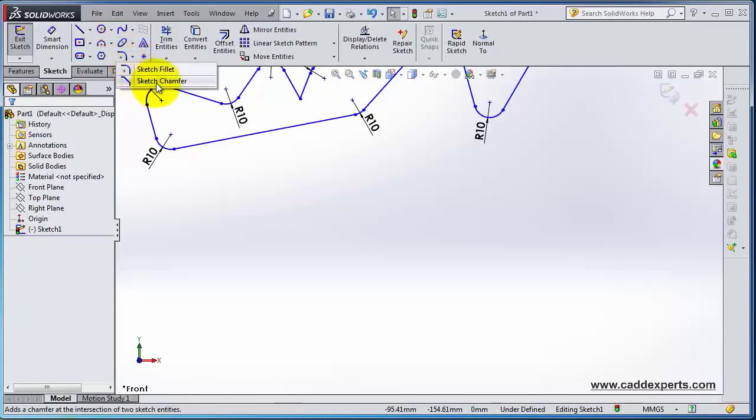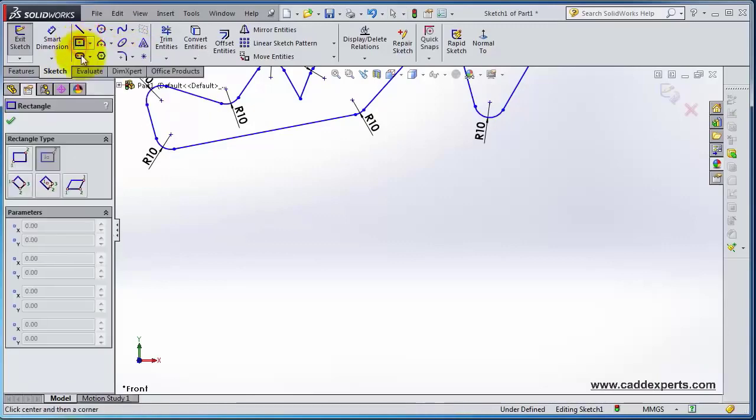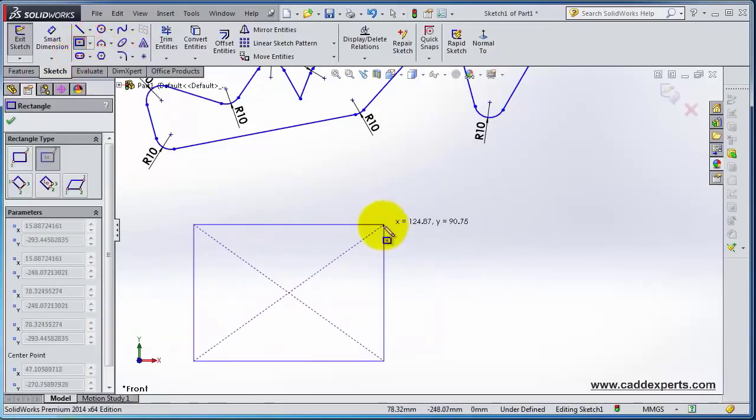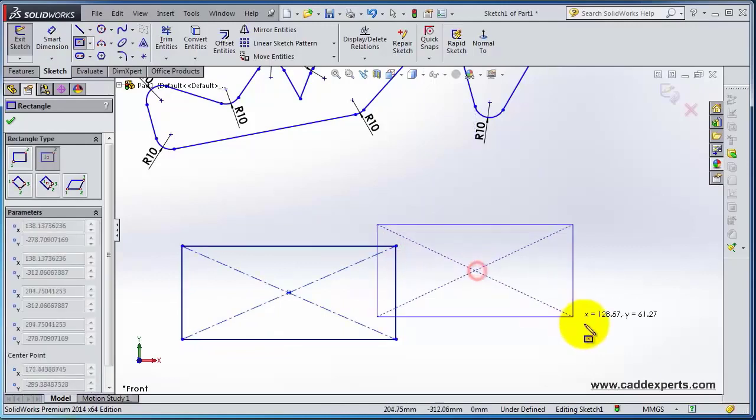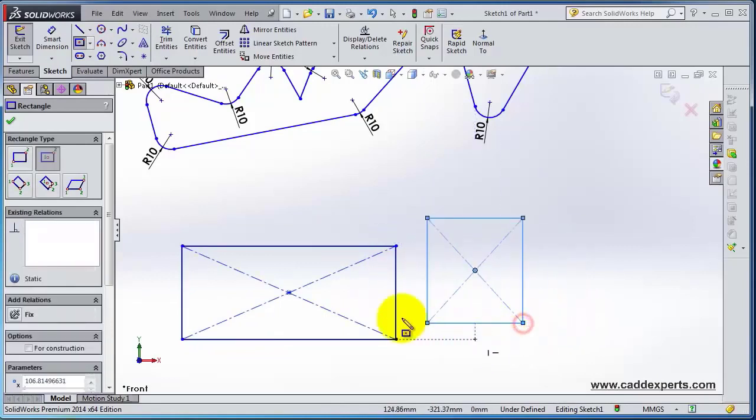In the menu we have the sketch chamfer. So it is almost the same idea, but it's creating a chamfer. So let's make two rectangles,